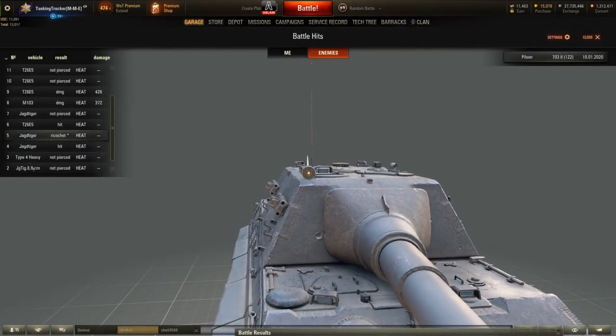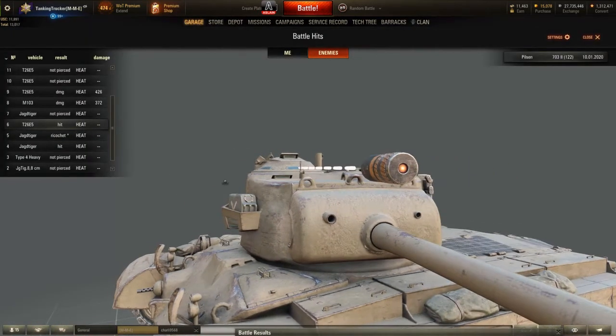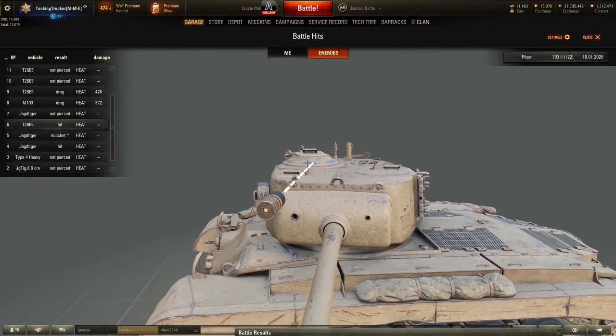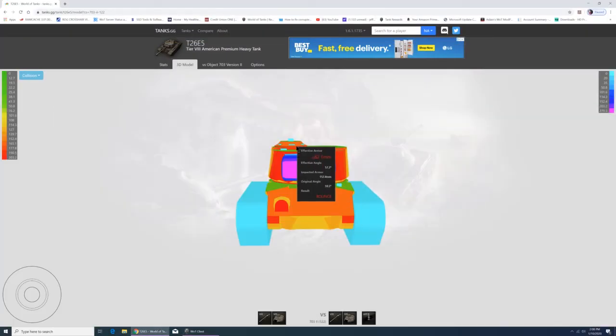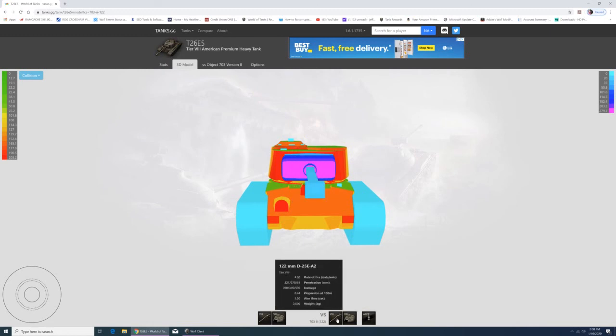Next shot, T26C5. Aim for the weak spot, the commander's hatch. Well, I thought this was a lot weaker because when I take mine out, it seems like people go through me like butter. 270 pen heat round, I would have thought would have went right through that. Well, guess what? You got to hit it like in a perfect spot, and I got it matched up with the gun off the